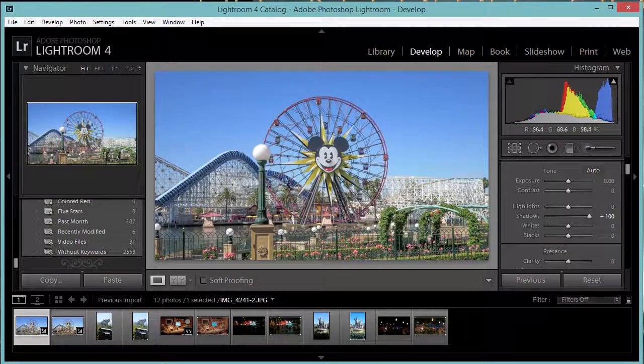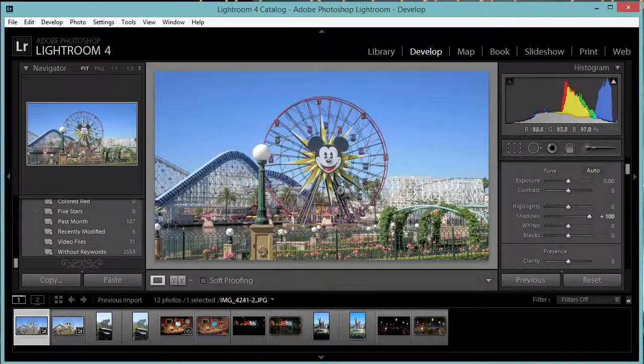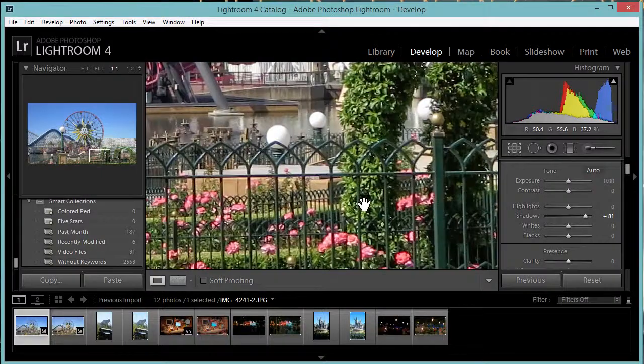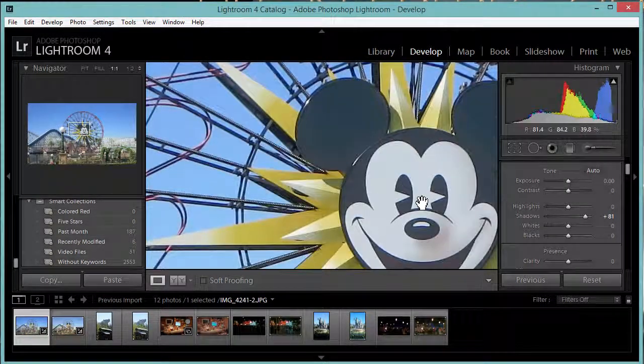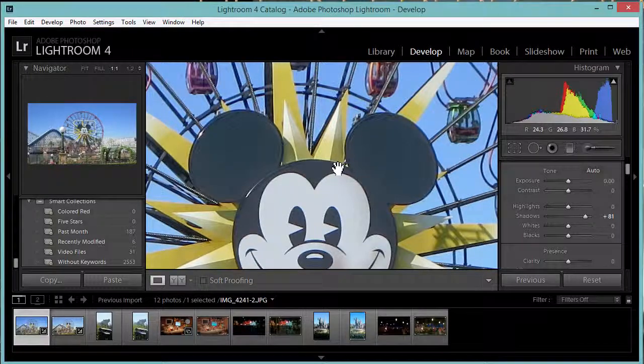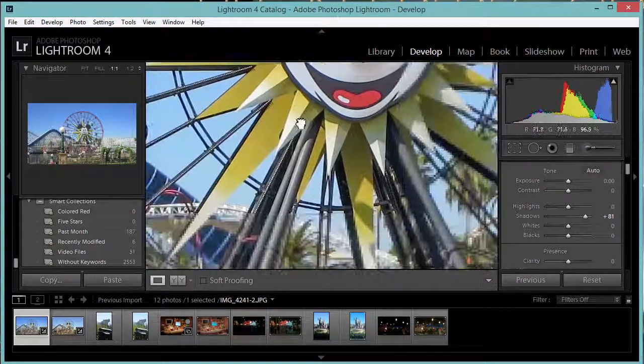Now this is more of a personal preference, but I actually quite like my photographs not as contrasty, so for me that actually looks pretty good. But I'll just add a little bit more of that black back in there so there's a little bit more contrast. And for this one, you can see it did a pretty good job of focusing on the Ferris wheel here,